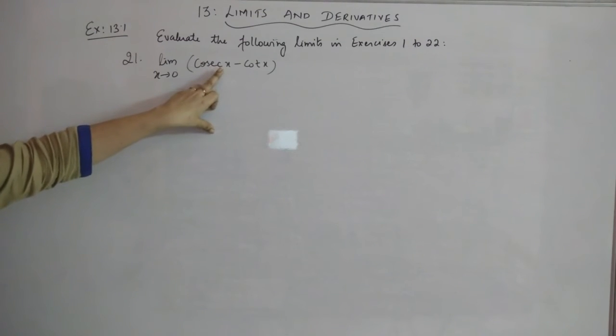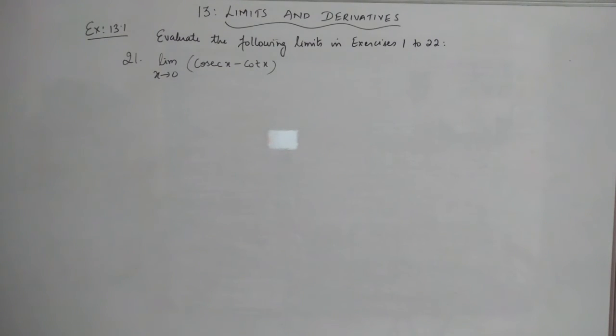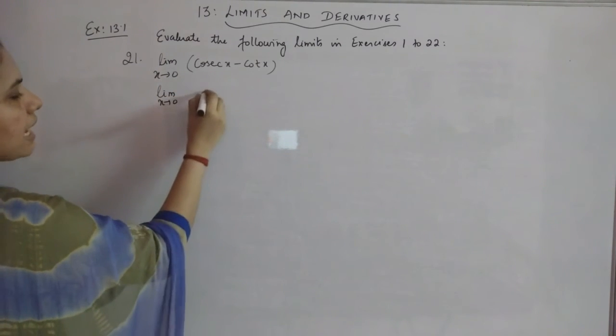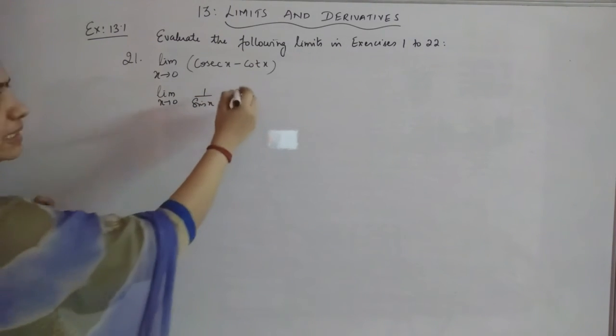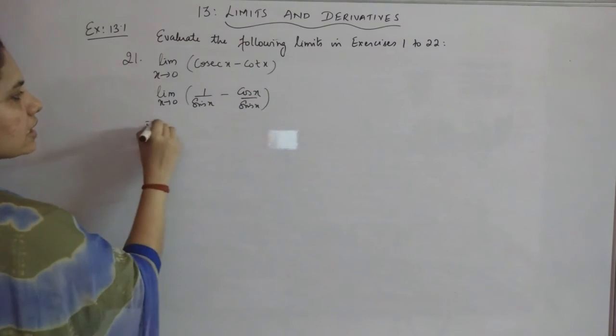Cosec 0 again will give you not defined, here again not defined, so we are not directly applying. Now we will just simplify this: change cosec as 1 by sin x minus cot, which is cos by sin, so cos x by sin x. Now taking the LCM